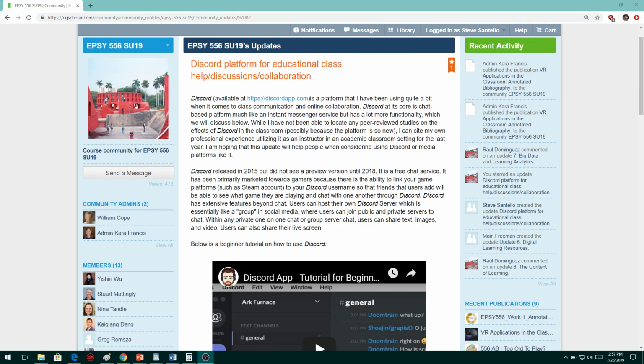If you link those two accounts together, then if you're online with Discord and playing a Steam game, it will show up on Discord which game you're playing. In which case, if a friend sees you playing a game, they may end up jumping into the same game. They may end up chatting with you about the game, and so on,